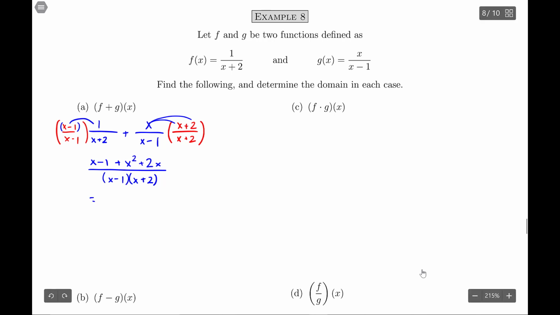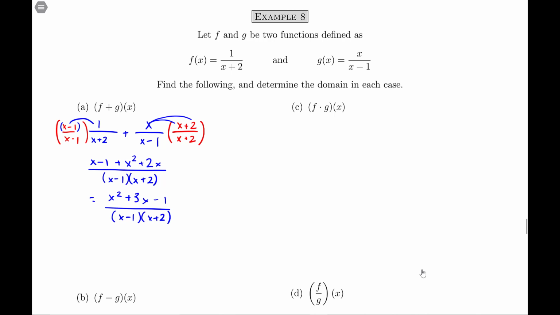We end up with x squared plus 3x minus 1 in the numerator over (x minus 1)(x plus 2). I'd rather not multiply out that denominator, because I want to keep it the way it is. That helps with the domain restrictions. So for part A,